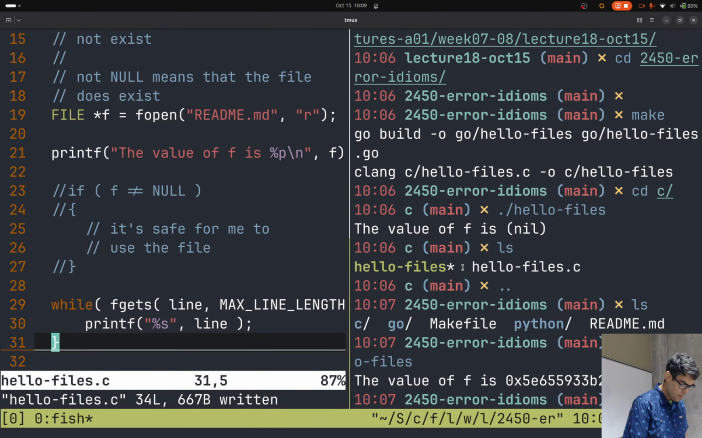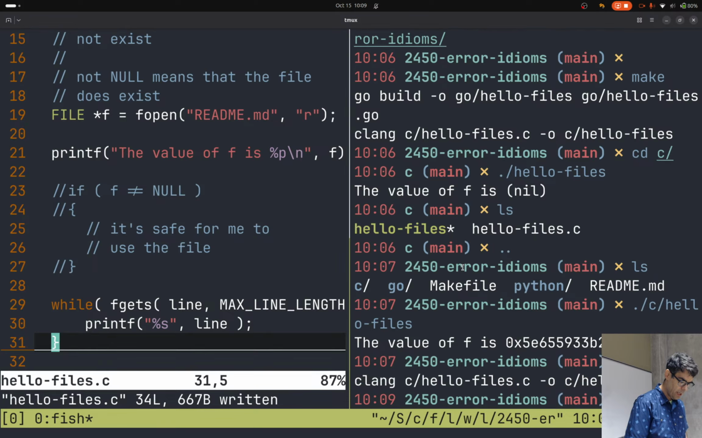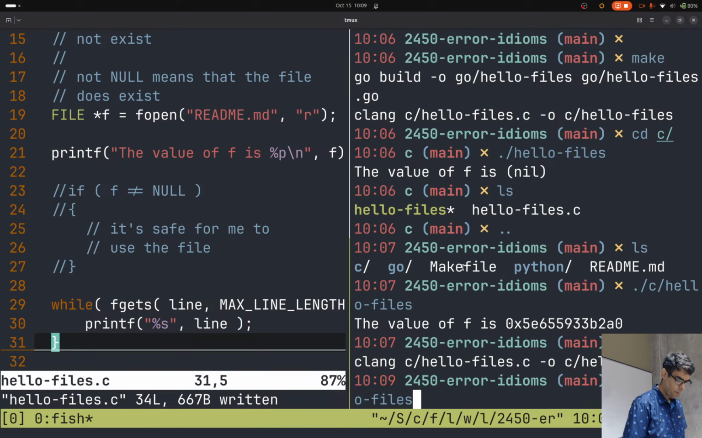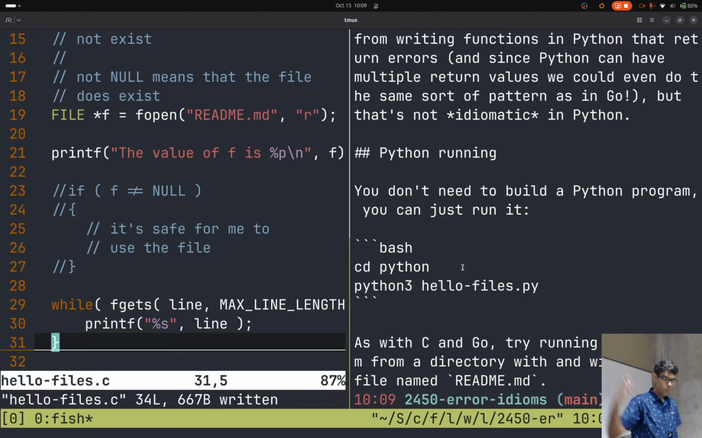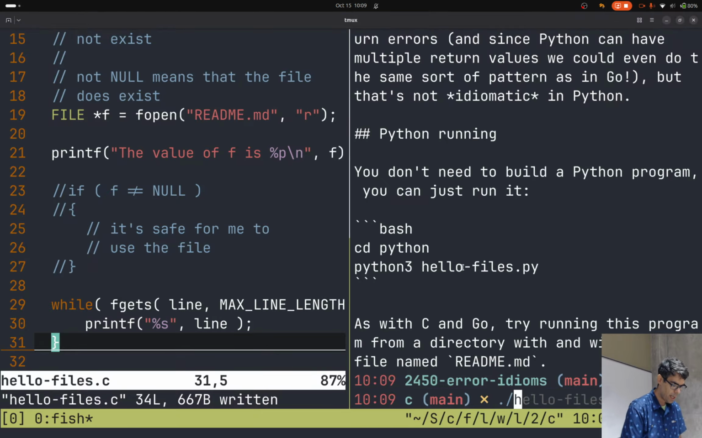I'm going to make this one more time. I'm going to run hello files. And when I run this here, it will print out the contents of readme.md. So I'm reading one line at a time, and it's printing everything out. When I change into the C directory and I run hello files here again,